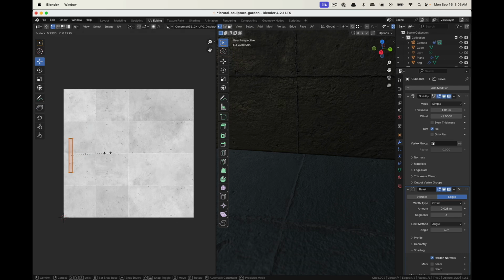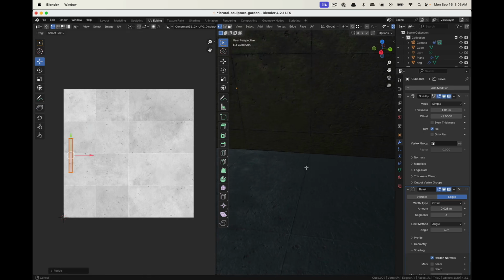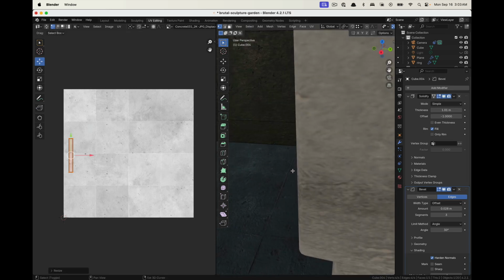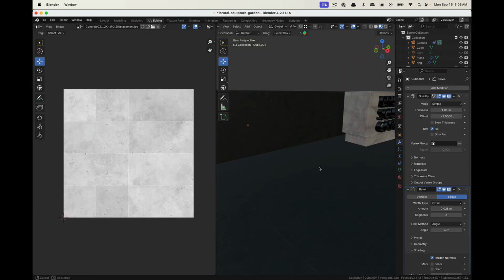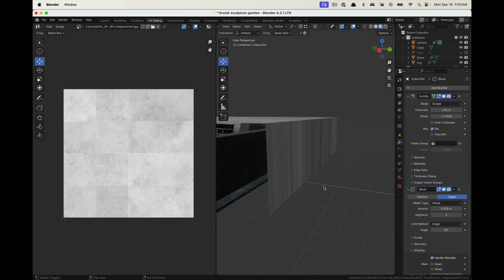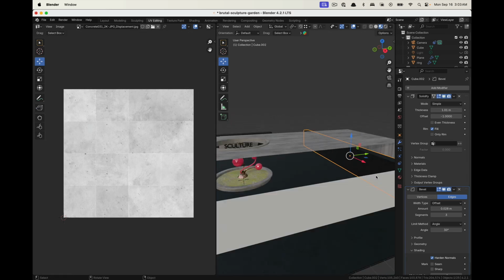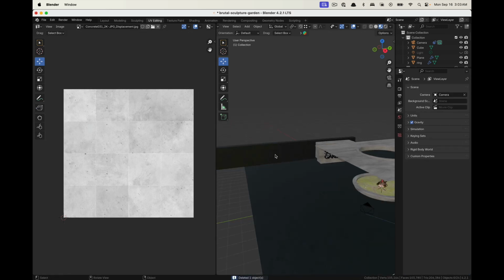So I'm just scaling this to try to get these seams to be somewhat close. That's actually almost perfect. So now I'll probably, since this one is good,